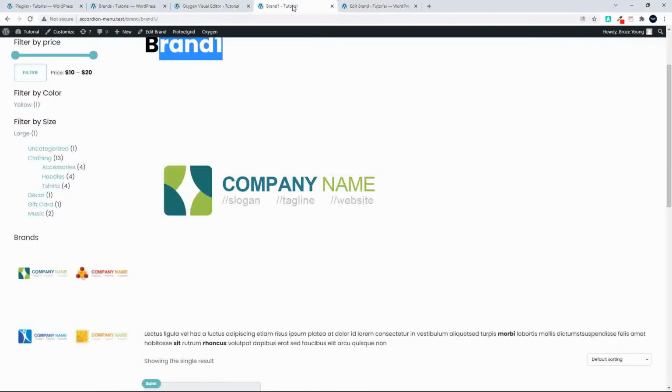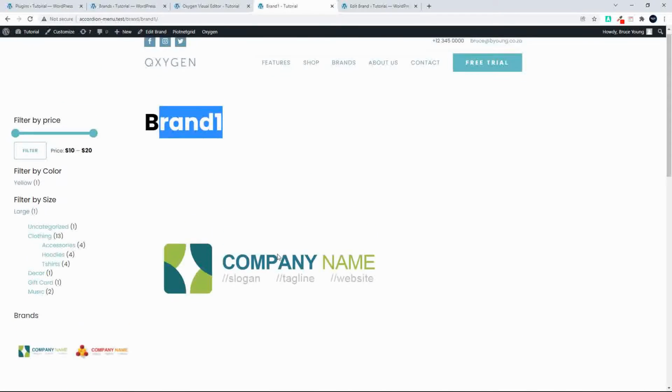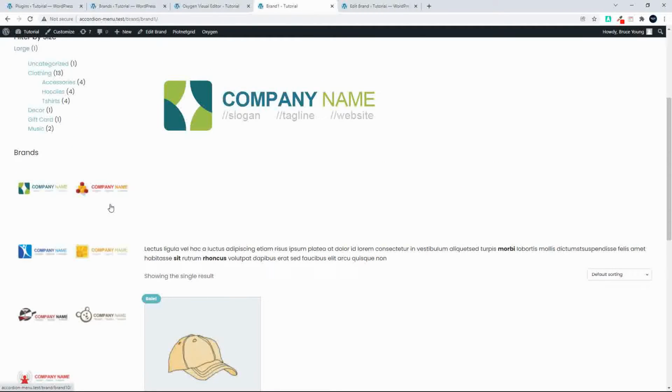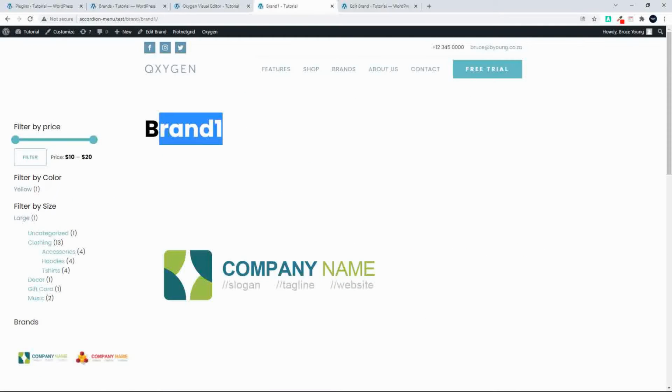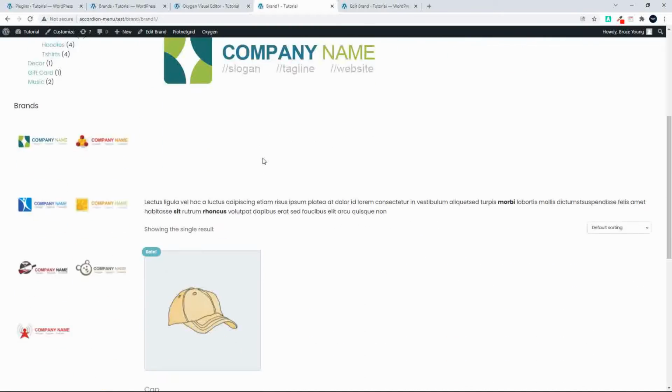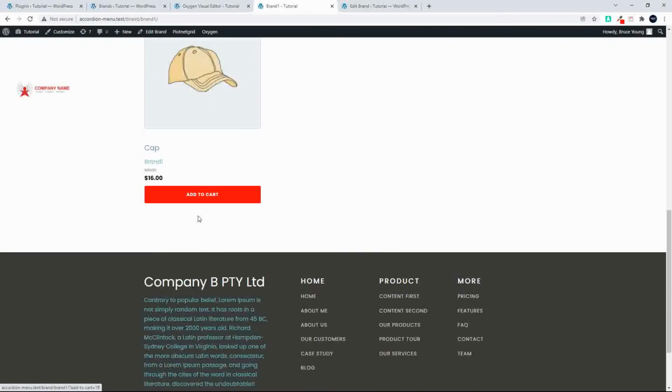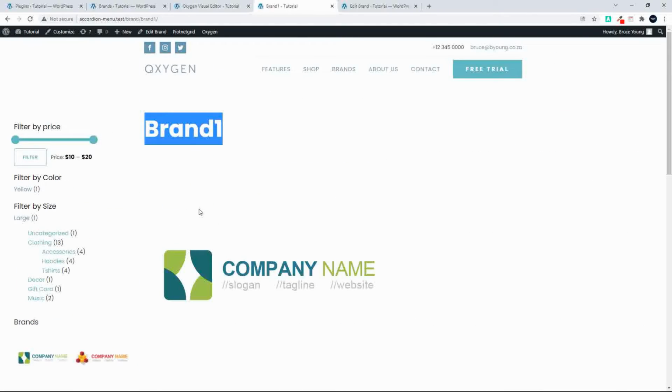So let's just have another look at that. This is where we have the brand banner appearing, and here on the left hand side are the brand logos. So it does allow you to have two different images on the website, which is really nice, so that you can create a really nice banner for the brand page. So here inside WooCommerce, we're on brand 1, we have the brand banner, then we have a description, and then we have the products that are linked to that brand. And once you link the product to the brand, then the functionality is